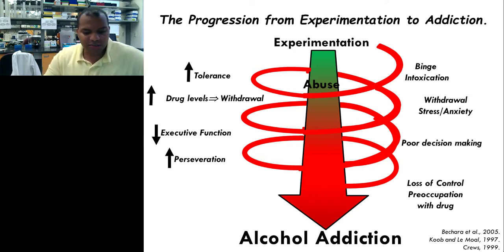But binge drinking itself is characterized as drinking 4 to 5 drinks within a 2-hour period, and it results in a BEC, or blood alcohol concentration, above 80 milligrams per deciliter. We'll focus in on binge drinking as a particular part of abuse, but my lab is actually interested in what occurs during binge drinking compared to what happens when someone becomes addicted. So there is a progression that happens. There are changes in the brain, and there are changes in the peripheral system that promote alcohol consumption over time and lead to dependence or addiction.